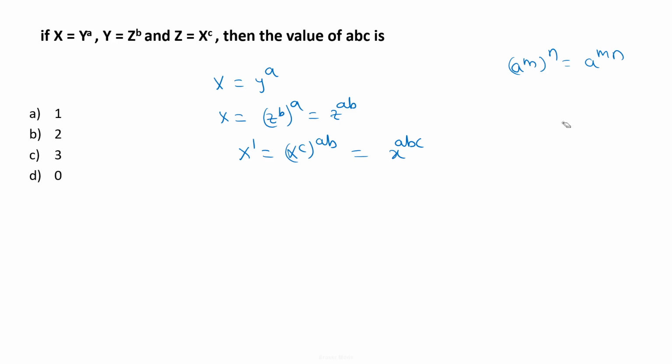It has an exponent of 1. When we write 2, it has an exponent of 1. But in simple terms, we take 2 power 1 as 2. In the same way, when we write x, that means x has an exponent of 1. When x power 1 equal to x power abc, when the bases are equal, then the exponents would be equal, then abc would be 1. Option A, 1 would be our answer. Okay.